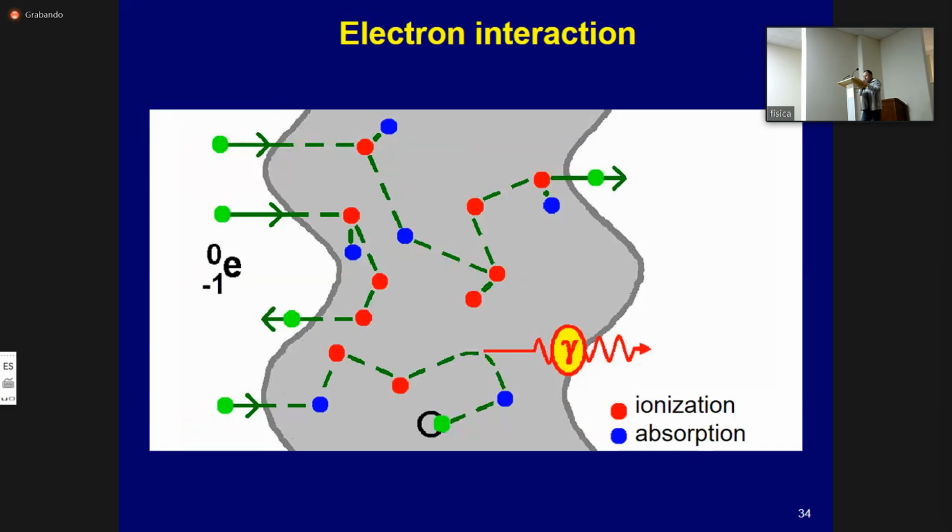Passing through matter, electrons experience elastic and inelastic scattering, or interactions, with the atoms of the medium. The elastic ones include elastic scattering. The inelastic ones include the excitation and ionization of the atoms of the medium, as well as the appearance of Bremsstrahlung, a German word. Interactions of the first type determine the deviation of the electron from the initial direction of motion in matter. The second one, the transfer of energy to matter.